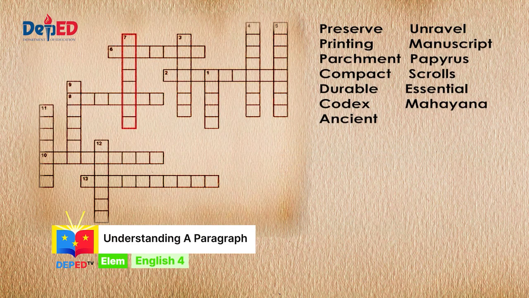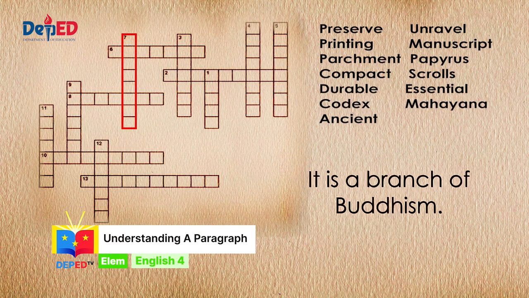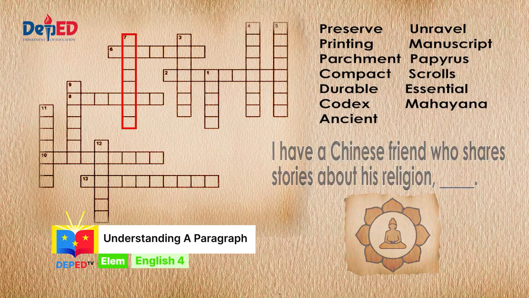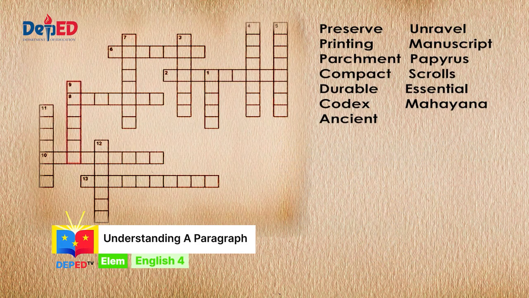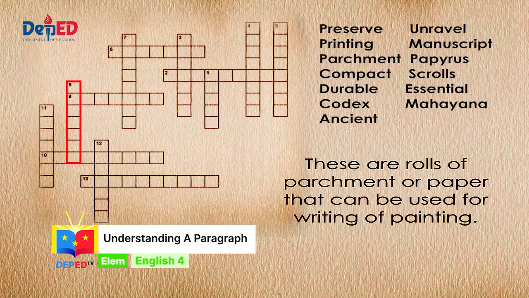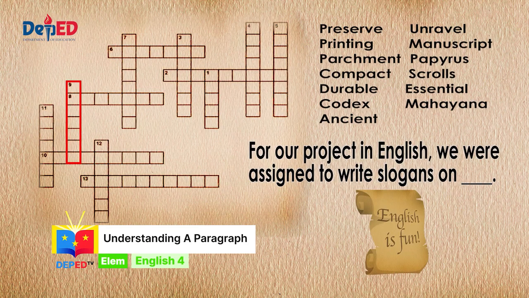Number 7, 8 letters. It is a branch of Buddhism. I have a Chinese friend who shares stories about his religion. Number 9, 7 letters. It is a roll of parchment or paper that can be used to write on or paint on. For our project in English, we were assigned to write slogans on